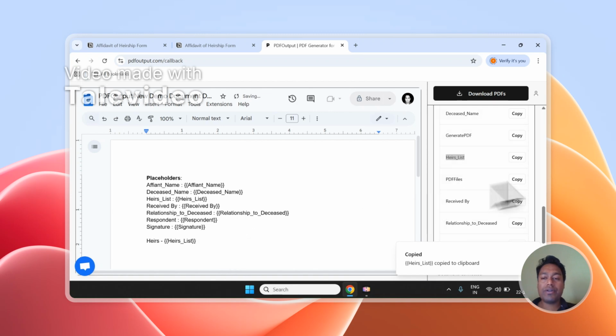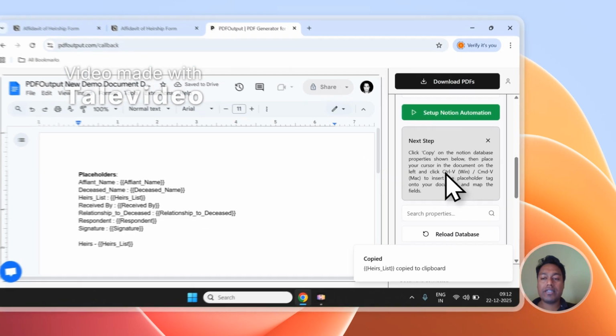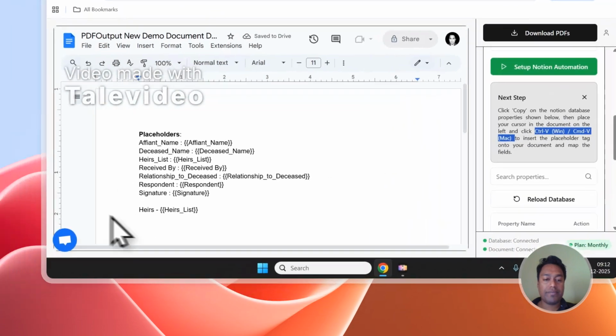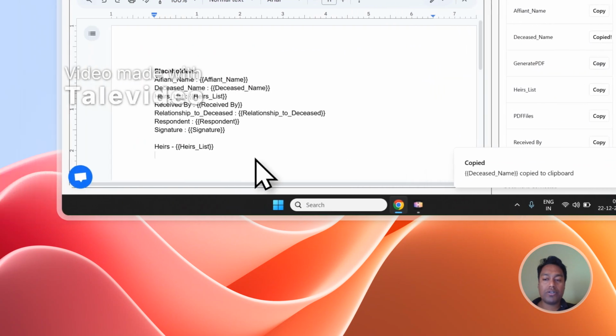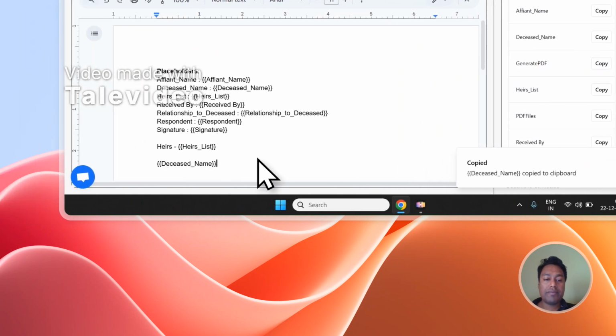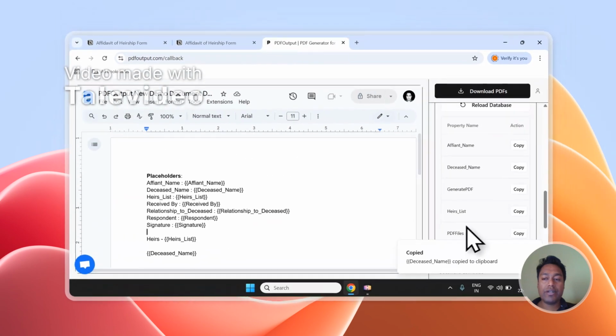I can use Control V or Command V on my keyboard and it will instantly paste the property inside the document. So you can go ahead and copy paste any property as per your choice onto the document, and it will instantly be mapped onto the document directly. Okay. So I have already created all the placeholders that I need,